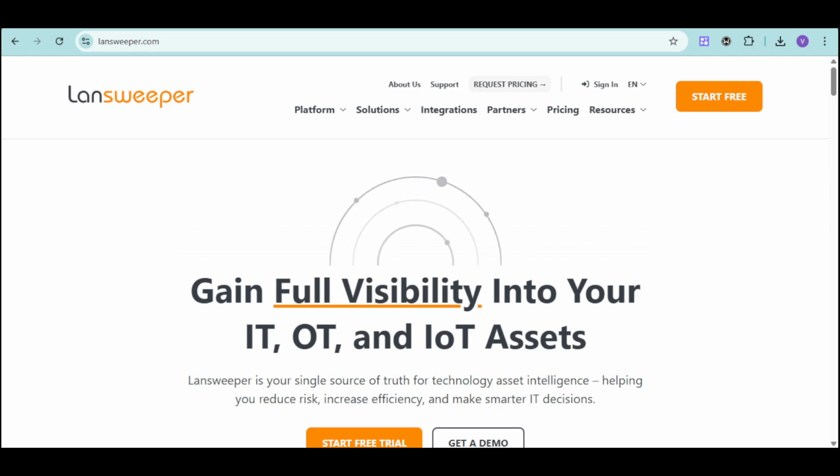across your entire organization. So, Lansweeper is a leading technology asset intelligence platform that serves as your single source of truth for all your connected assets. It automatically discovers every device in your network, consolidates your inventory, and keeps your data accurate and up to date. Lansweeper is trusted by IT, security, and finance teams worldwide to eliminate blind spots, automate tedious tasks, and power smarter